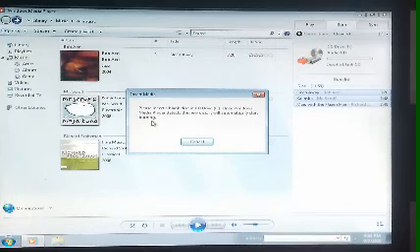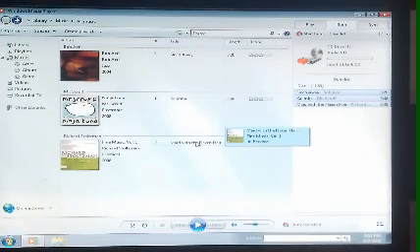When you insert a blank disk, the computer system will automatically start burning. So dear students, this is the step to burn a CD or DVD. With the help of this you can copy any data from a computer to your CD.